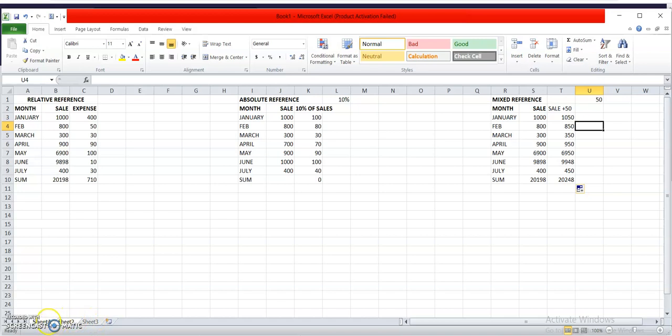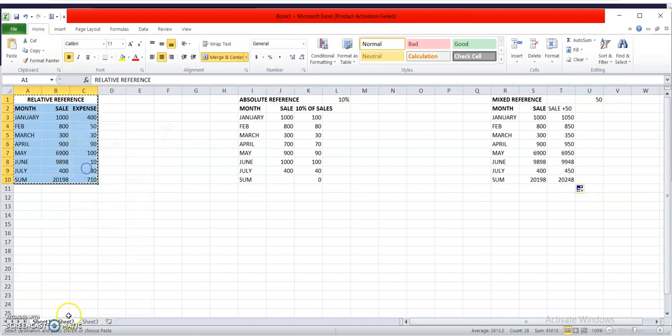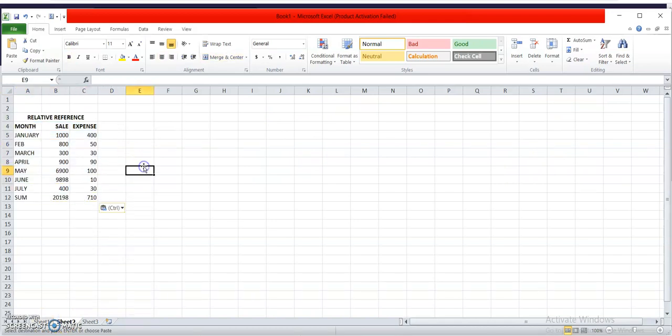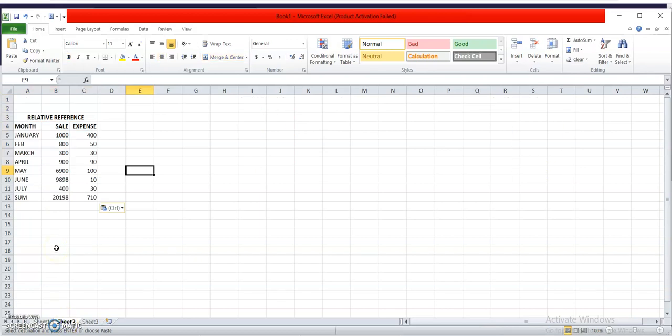So in the first worksheet, if we want to copy this table and paste it in the next sheet, can I copy and paste it? Let us see. Yes, I can copy and paste it in another sheet also. This is by using the copy and paste option.